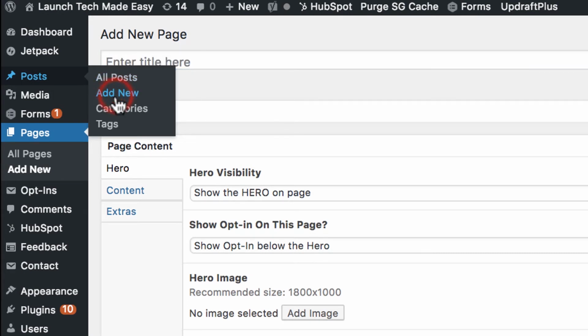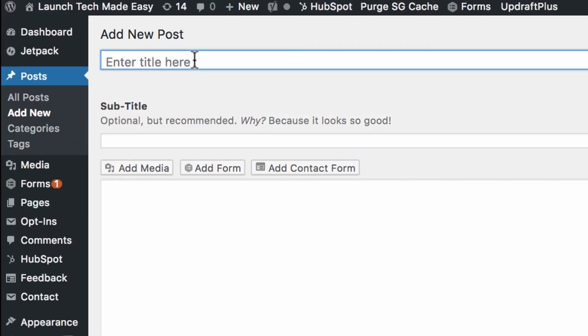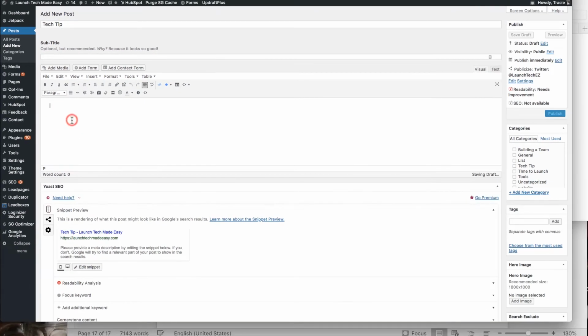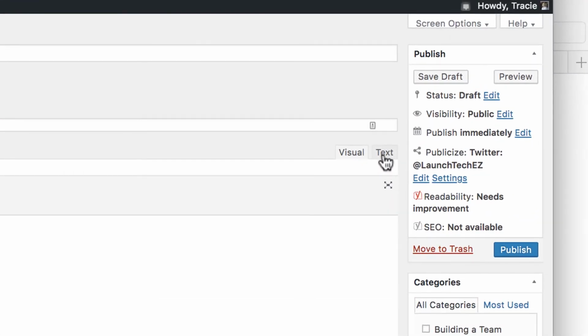So you go to posts, add new. And then you title it. And then down here, you're going to see this, depending on your theme, this could look like mine or it could look different. Different themes have different editor settings here. So on mine, the way I do this is I go over here to text. Right now I'm in the visual builder. I go over here to text,